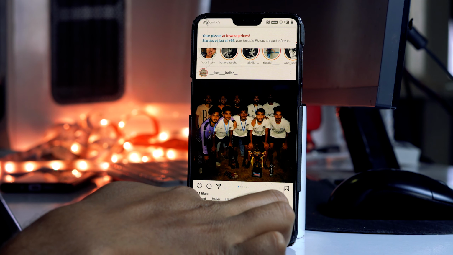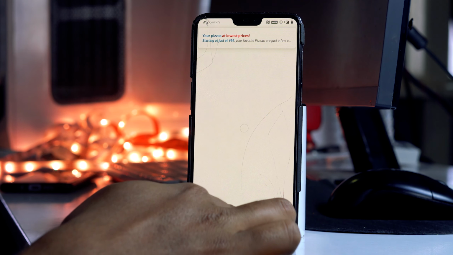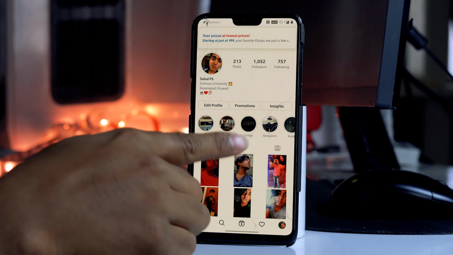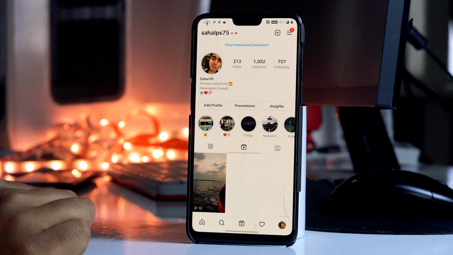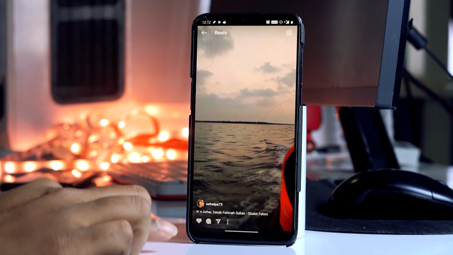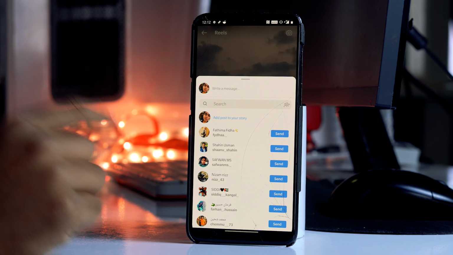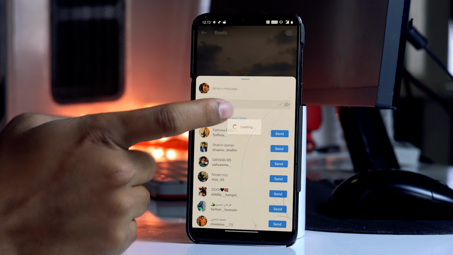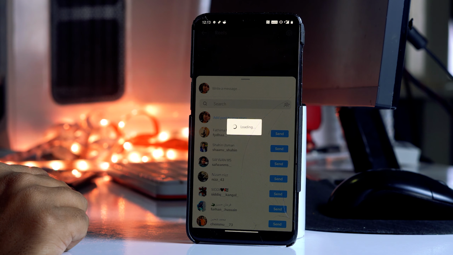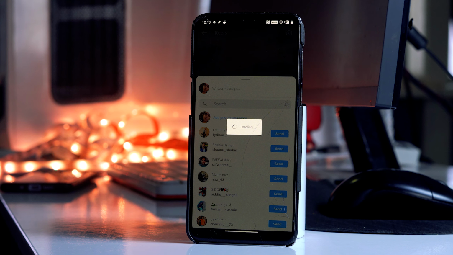Go to your profile and go to the Reels. Now from here you have to select any one of the Reels which you want to download, which is your own, and tap on that. Now you have to click on the share icon, and go to add it to your story. Click on this, add it to your story, and from here